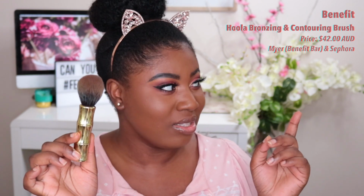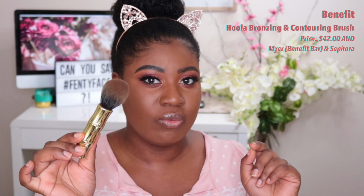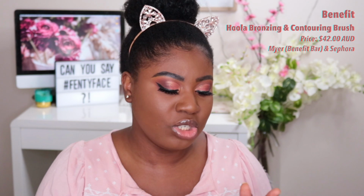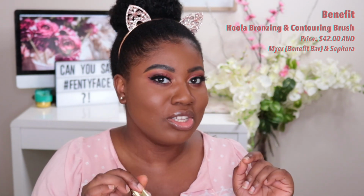And finally, Benefit Hoola bronzer brush. This one's a bit dirty, my bad guys. So this is the Hoola brush. I like using this with the Hoola Toasted, the new deep shade from Benefit. This will give you a targeted bronze, I kid you not. It picks up a lot of product, so I would suggest going in just the tip, and just the tip